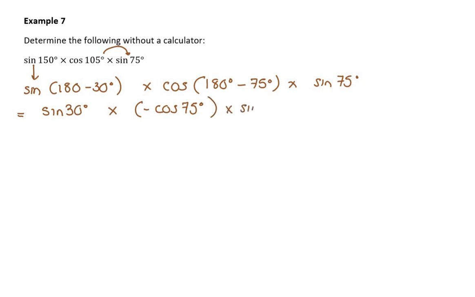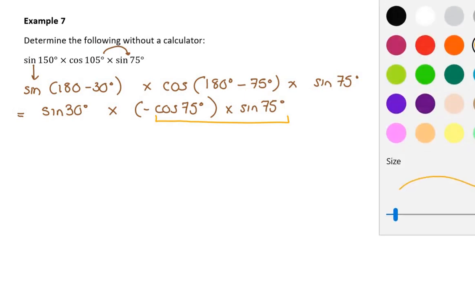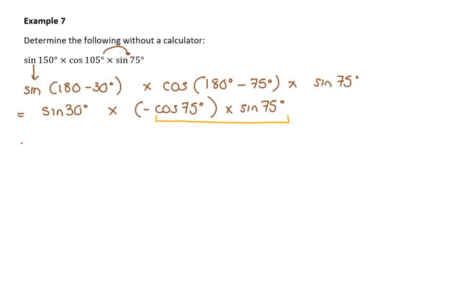Now, you get really good at this, but the moment I see cos 75, sine 75, I think double angles, because the moment you have sine of an angle then cos of an angle, it is a double angle. Yes, the coefficient might not be right and the negative might not be right, but you can fix those. So let's just get rid of this negative sign to the front. So if I bring the fact that you're multiplying by negatives, this is negative. Sine 30 is a half, and then I've got this sine 75, cos 75, which I'm going to rewrite as